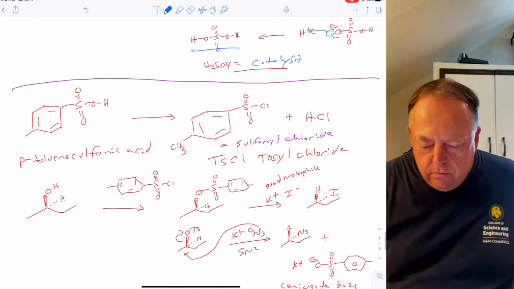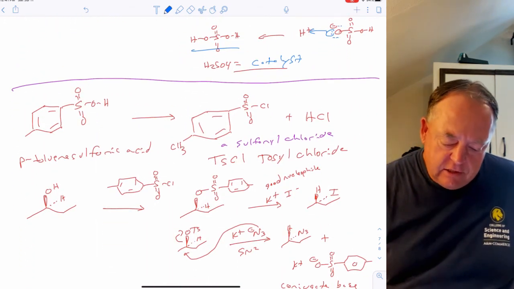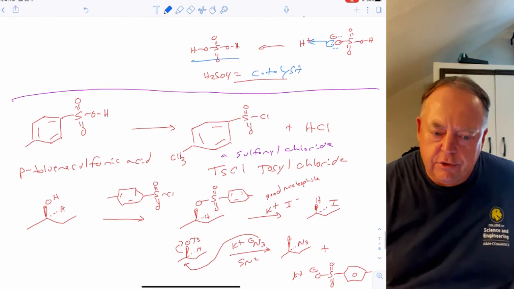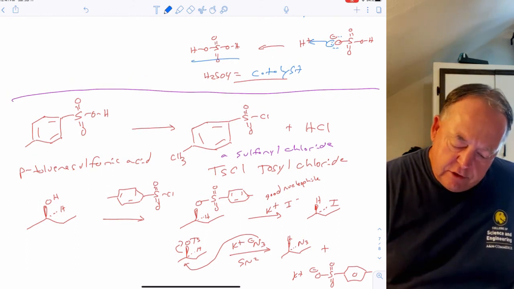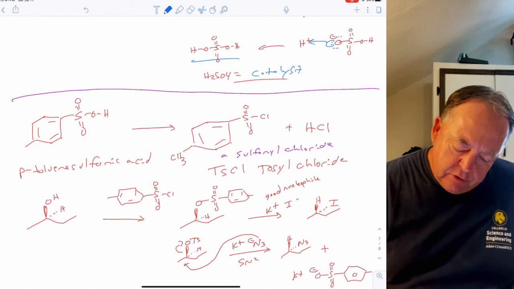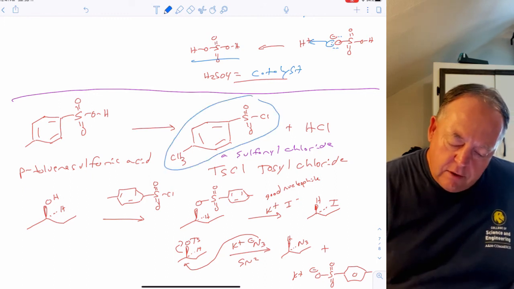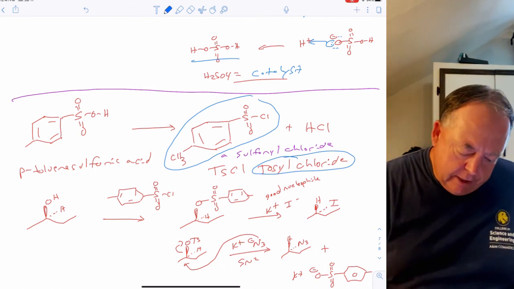Okay, so we won't look at sulfonic acids very much in this class. What is their utility? You can use them to make a sulfonyl chloride. So this would be a sulfonyl chloride that we've seen before. That sulfonyl chloride is called tosyl chloride. So the reagent that does that,